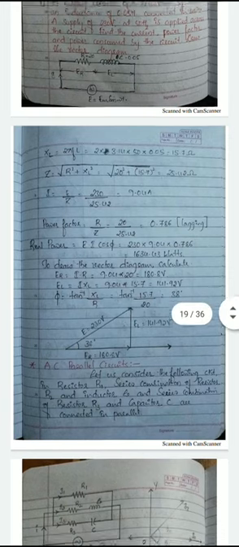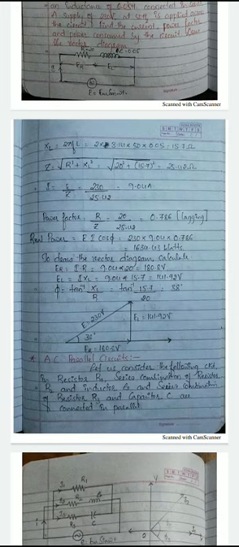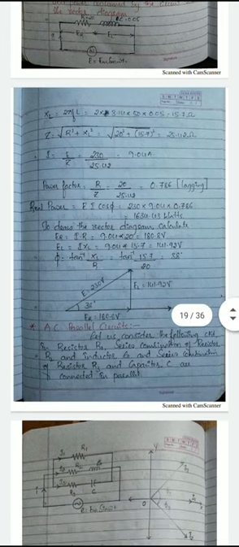Once we get the total impedance and we know the total voltage, then we can calculate total current using Ohm's law, which is E is equal to IZ, or I is equal to E by Z, right? So E is given as 230 volts and we got Z as 25.42 ohms. Then I is equal to 230 divided by 25.42, which is 9.04 amperes,